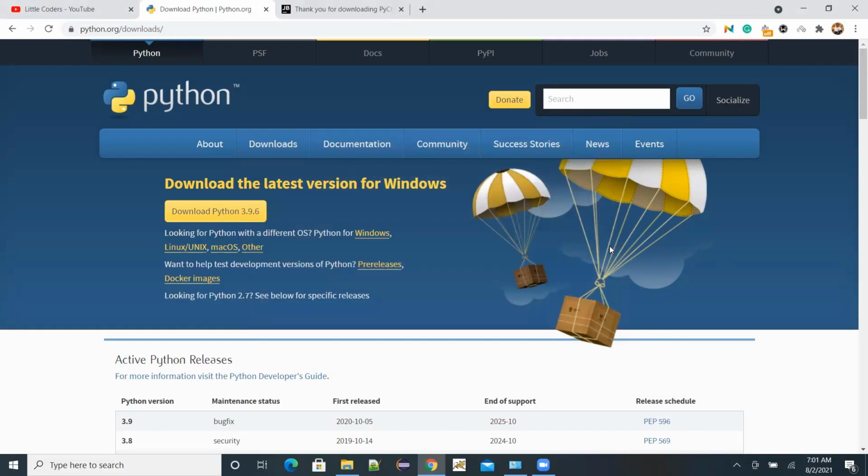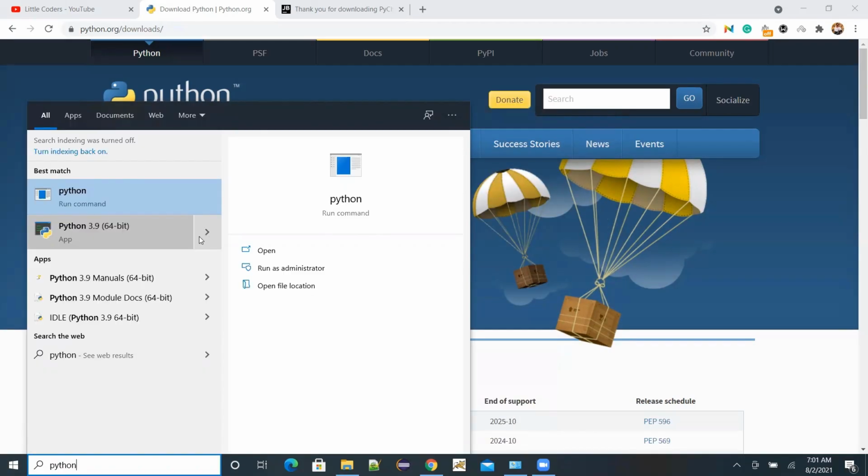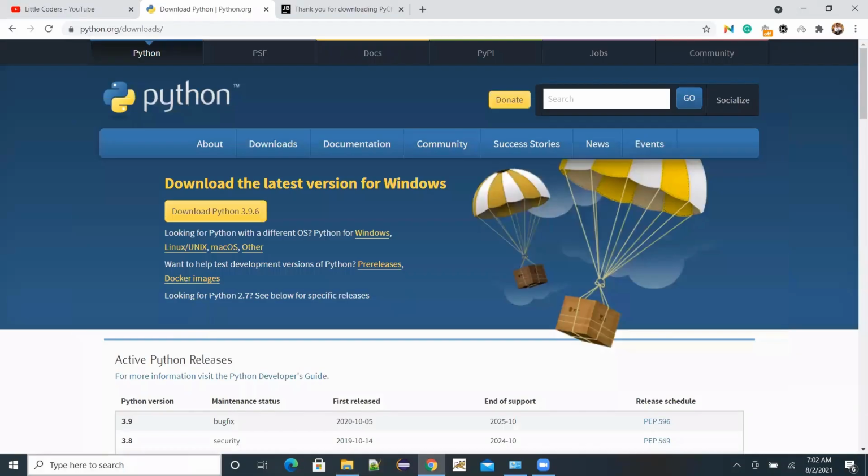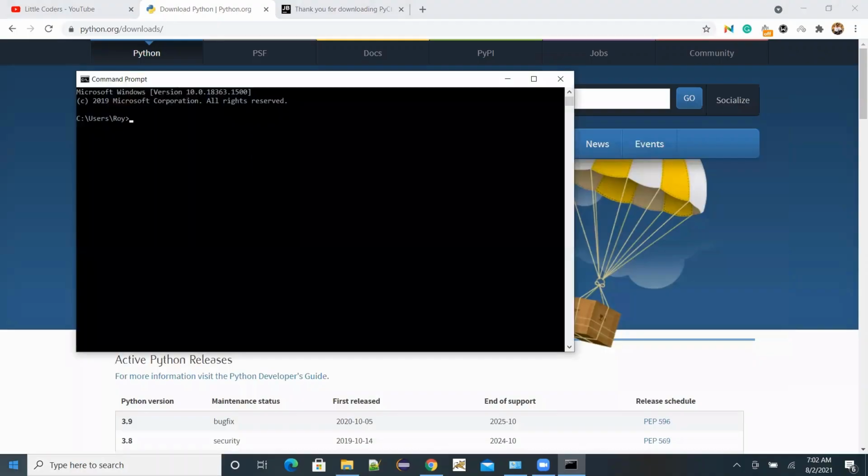So once I close it, I think my Python is successfully installed. I can anytime go to that folder where I installed it. I can see Python has installed, and then I can quickly open my command prompt by typing